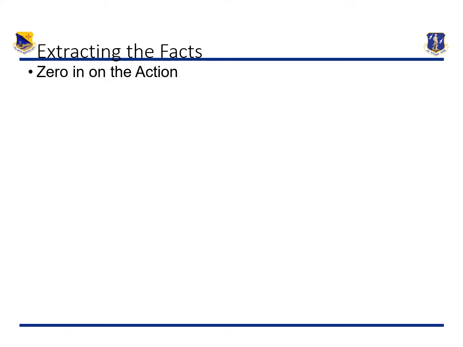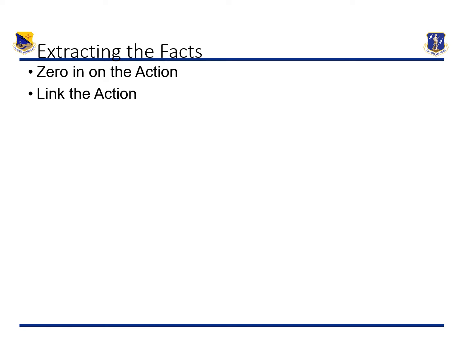When we're extracting the facts, the first thing we want to start doing is zeroing in on the action itself. What did I do? What did my member do that I need to be able to capture? Usually you'll be able to capture some key powerful words when you're doing this, such as, I don't know, inspected or led or organized. Before you know it, some of these things are going to help you later on as you transition into writing your bullet. You want to be able to link that action to some kind of immediate and long-term impact.